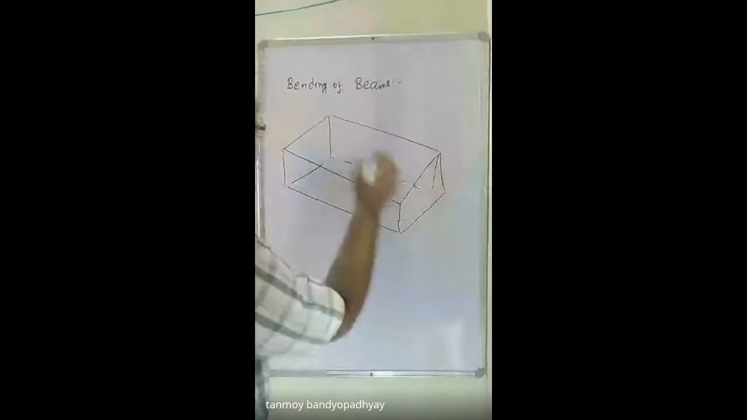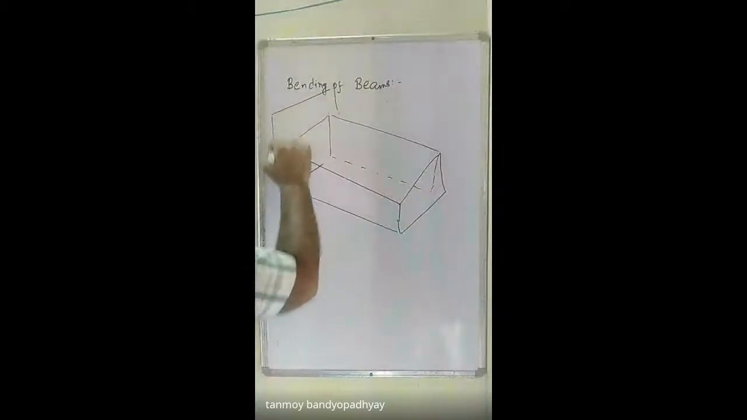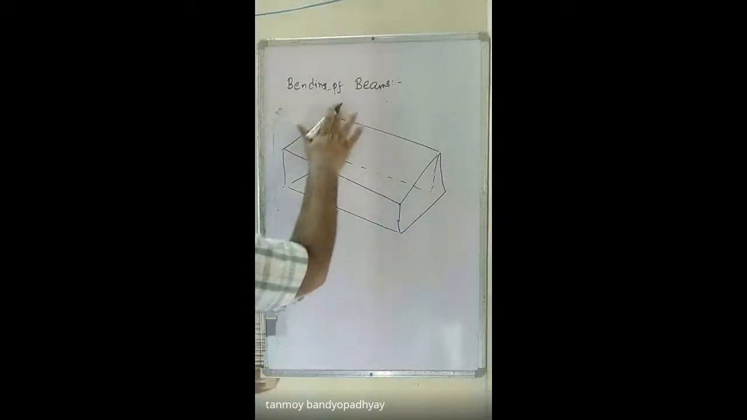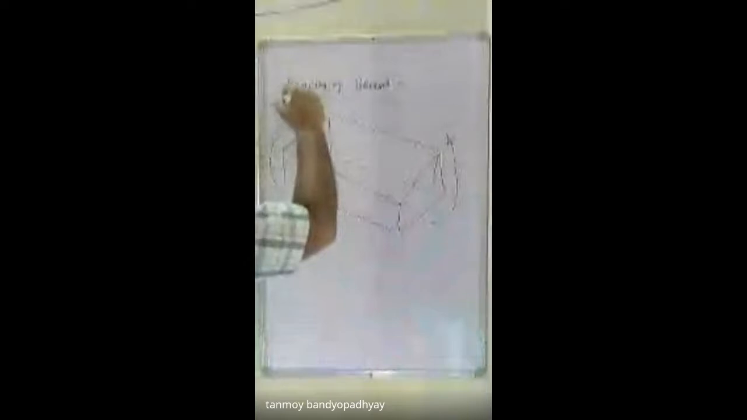So a beam, this has been fixed at this end. Okay, but it's not fixed since we are studying here. So what happens is it has been bent with a couple. Okay, so it has been bent with couples, opposite couples M and M. So as you can see, the beam will bend and it will take the shape of